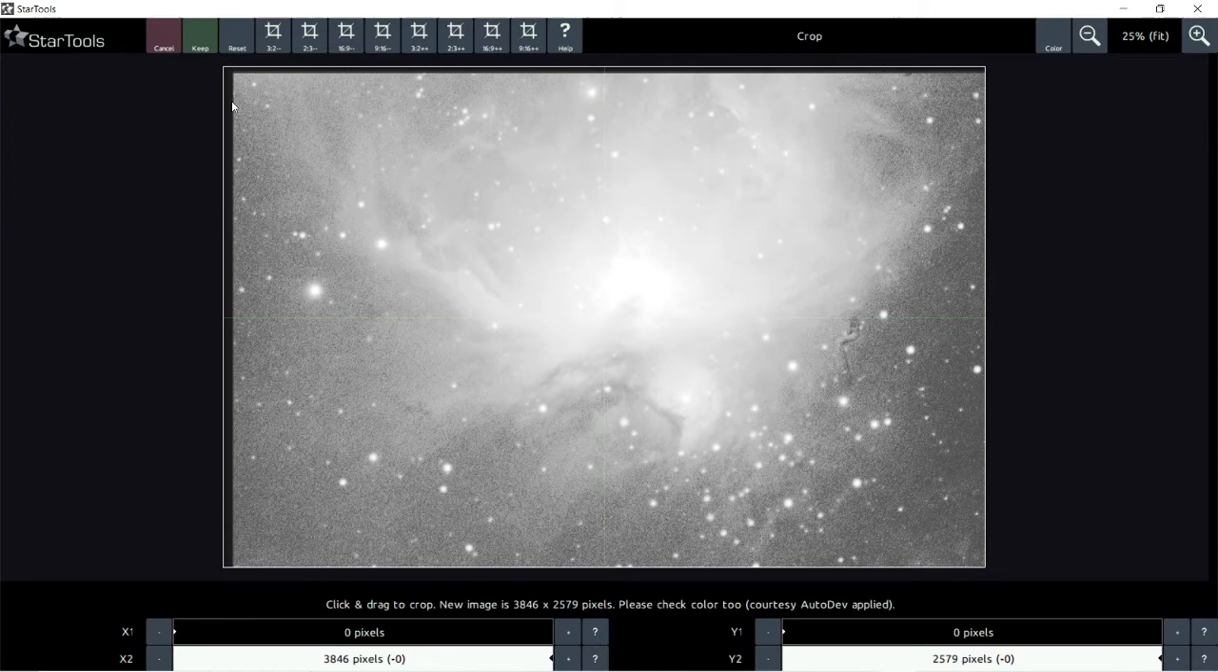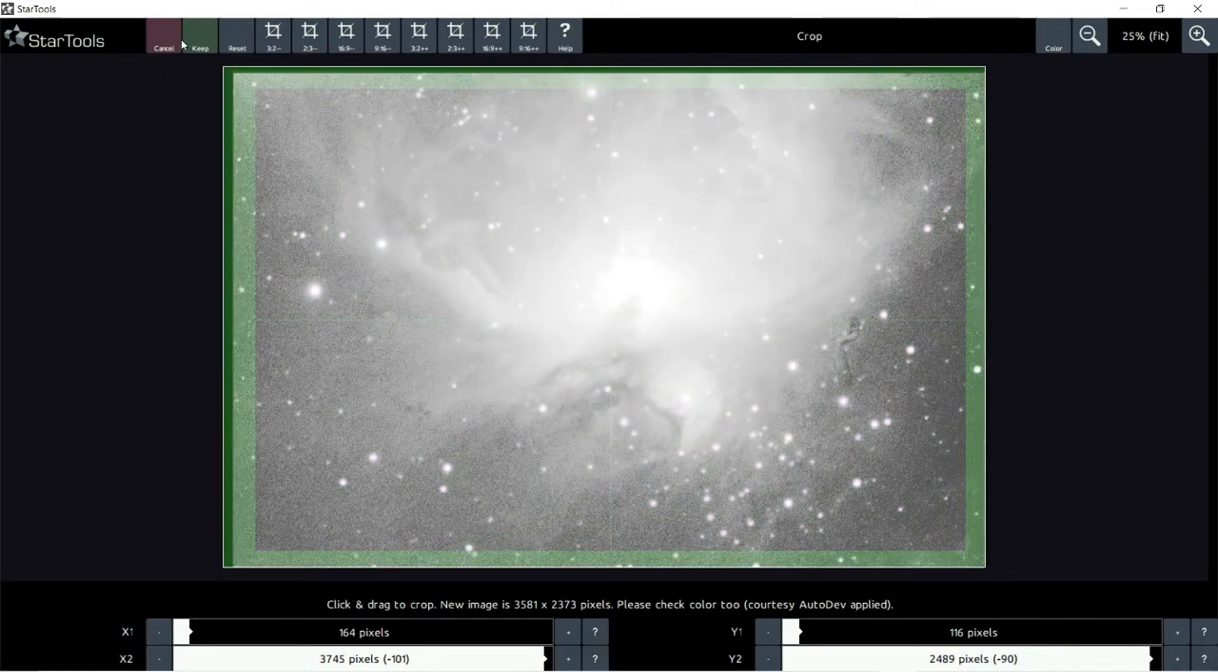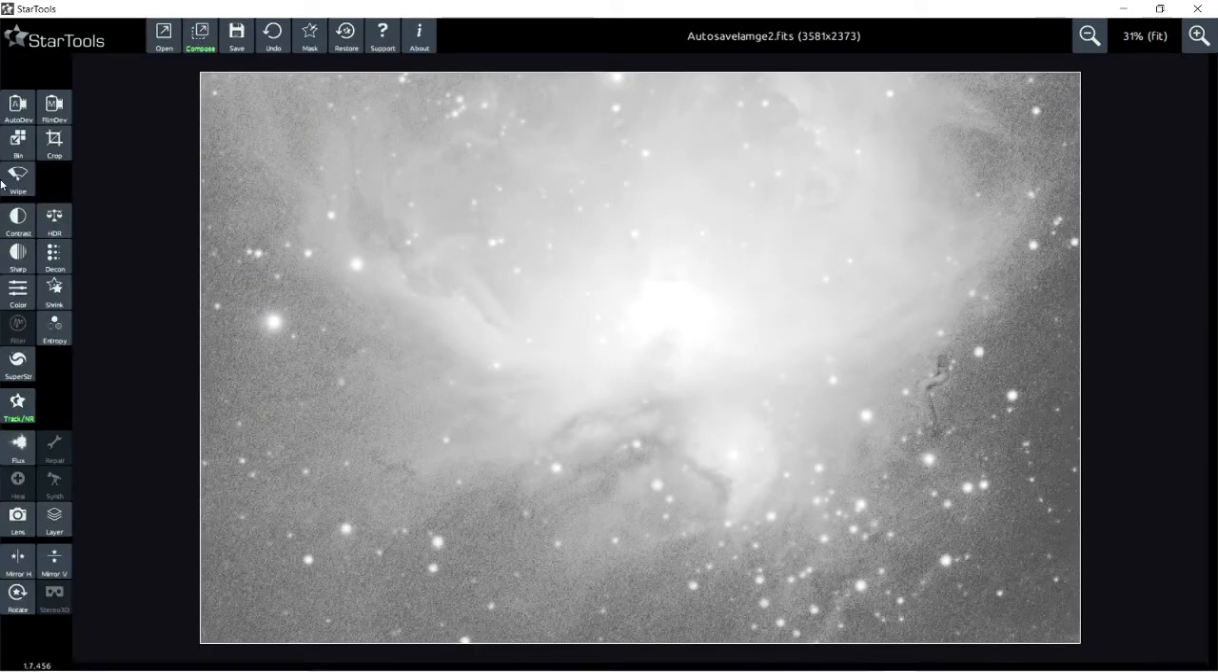Bin, crop, get rid of those wavy edges from stacking. Just decide where you want it to go. I just come in and try and keep some of the image. And you might notice that I'm going top left, cross, down, and the order of module workflow is more or less as it is. Start at auto dev,